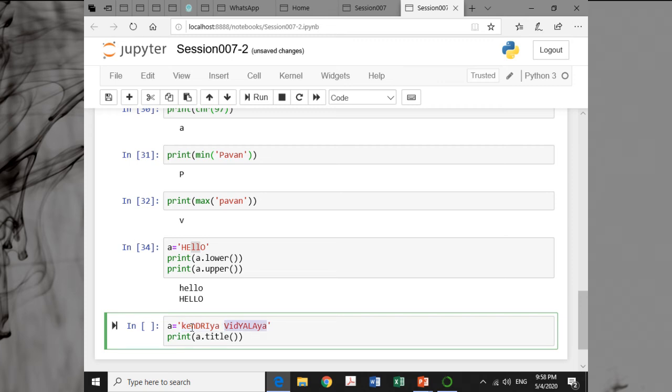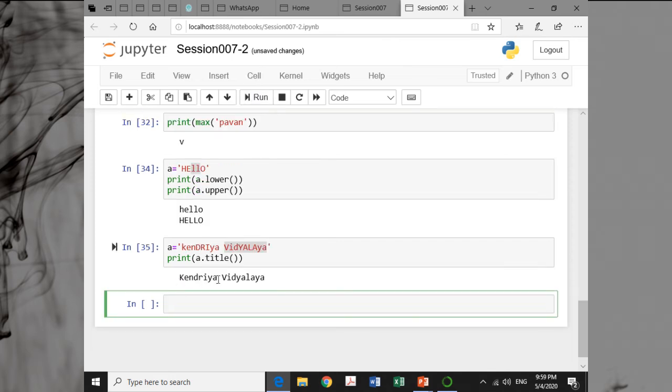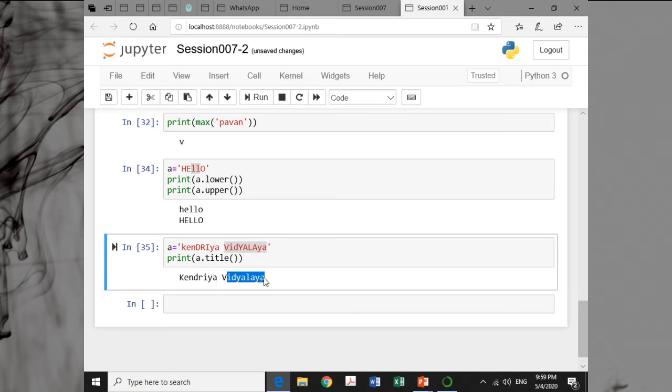So each word of the string will have first letter as capital letter and rest of the letters as small letters. This is also known as proper case. Okay, so when I say Kendriya Vidyalaya, you can see the K is capital and V is capital and the rest of the characters are in small letters. So this is your title case.